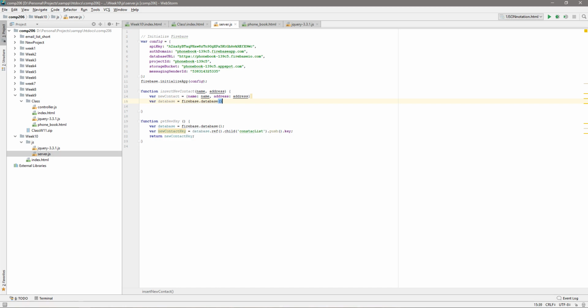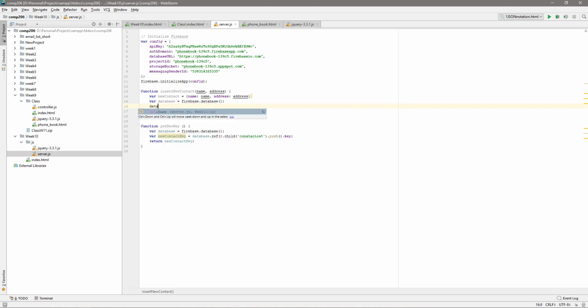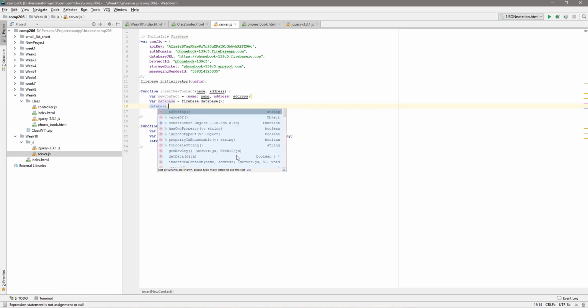Probably it's just an object, probably a class that they define. Well, remember in JavaScript there is no such thing as a class, but they can make it work. Anyway, the database, according to the documentation, is database